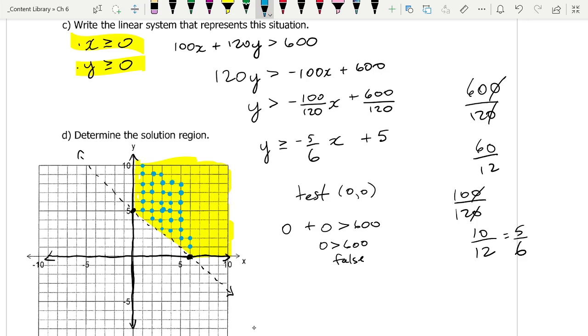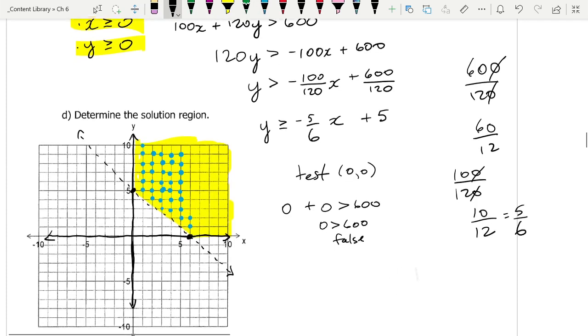Why are we not shading the whole thing? Because right here, x has to be greater than 0, y has to be greater than 0. Those are boundaries. So that's it. All of the dots for all of the integers are in there. So it now says,